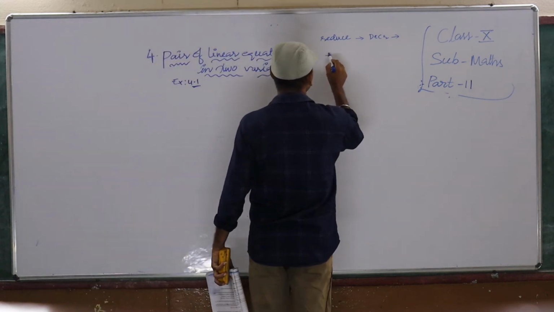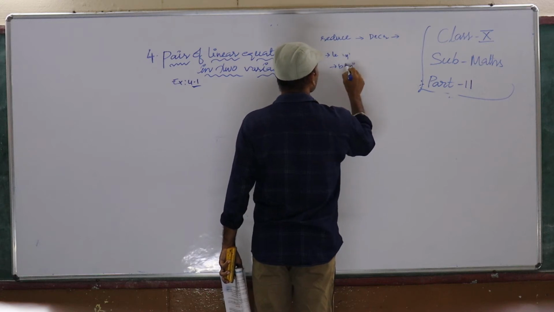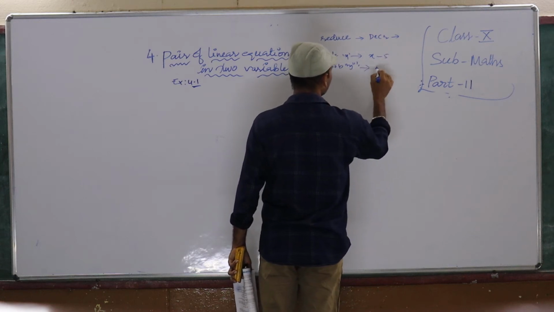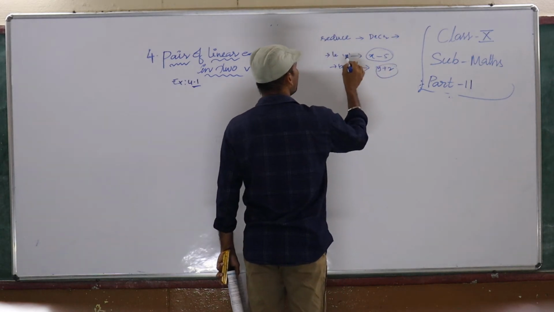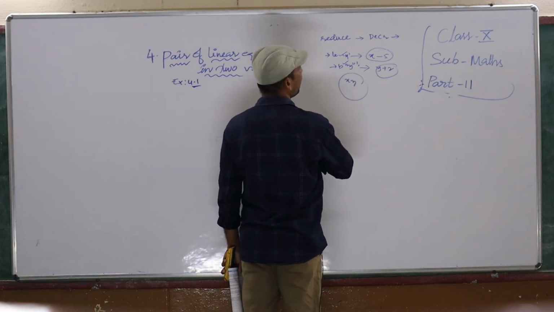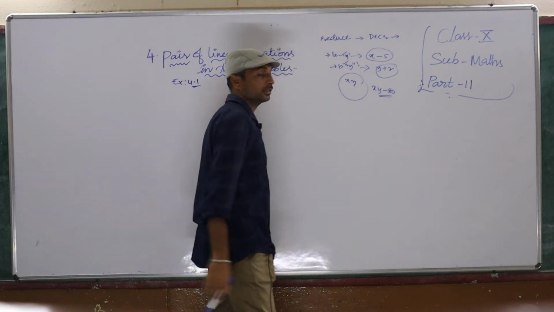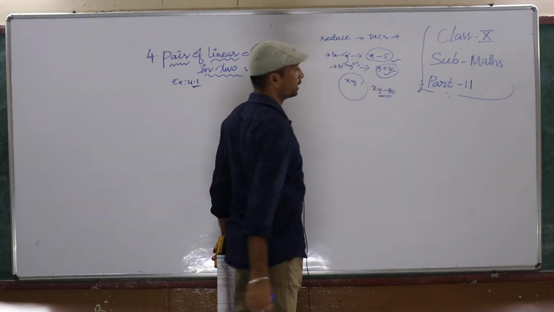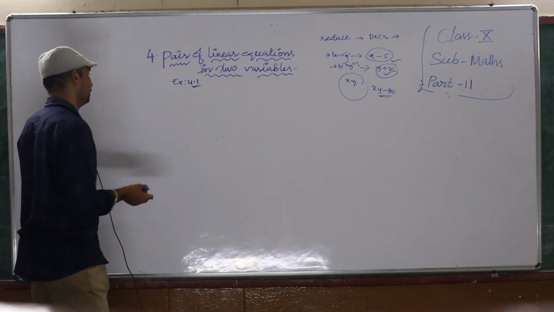Means if the length of rectangle x, breadth of rectangle y. So in this, if length you decrease 5, breadth you increase 2, then the original area, means if length x, breadth y, the area xy, no? This area decreased 80 square units when the length you decrease 5, breadth you increase 2 units. Okay children? So conditions are very important.